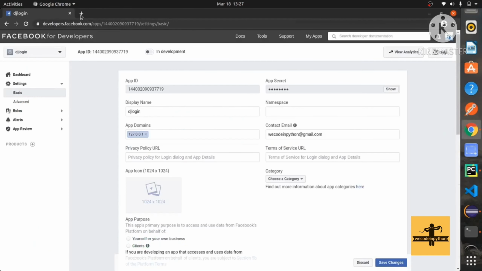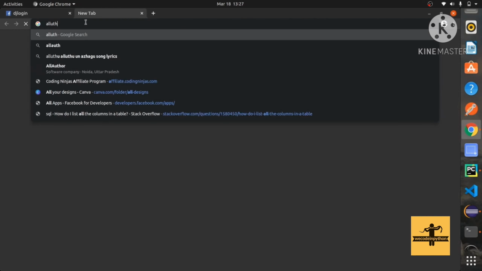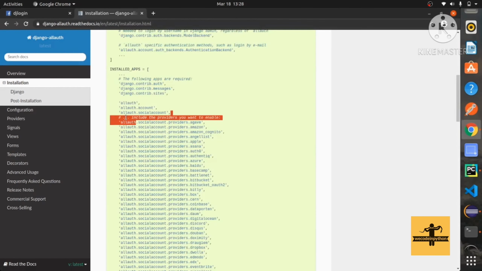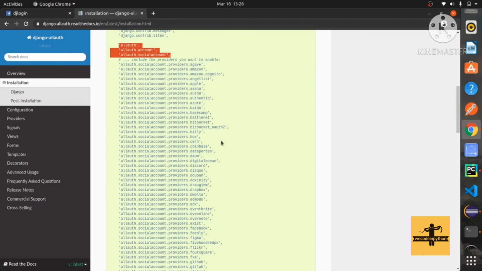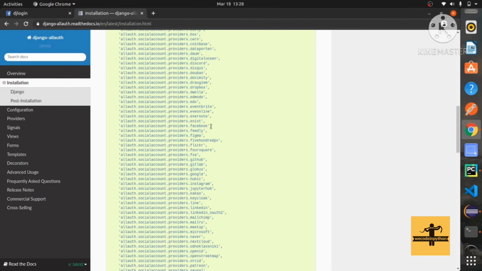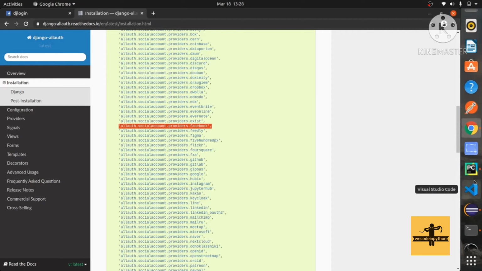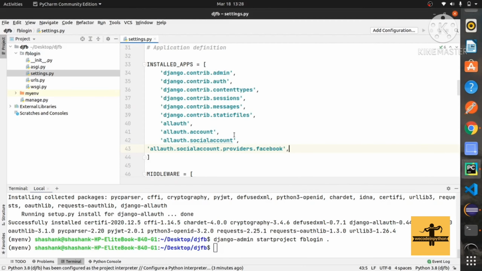Now we will see what are the things that are required for allauth. So go to the Django allauth documentation. So here you can see we need these three apps. One more app will be needed for Facebook. So allauth.socialaccount.providers.facebook. Copy this and paste it. Go to PyCharm, paste it here,